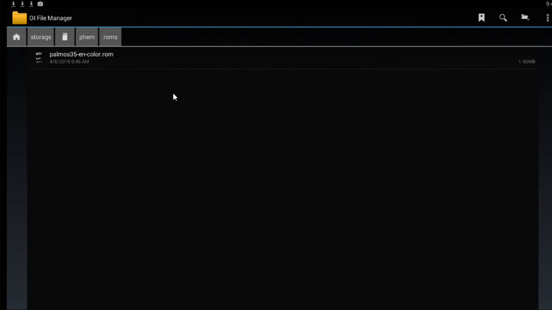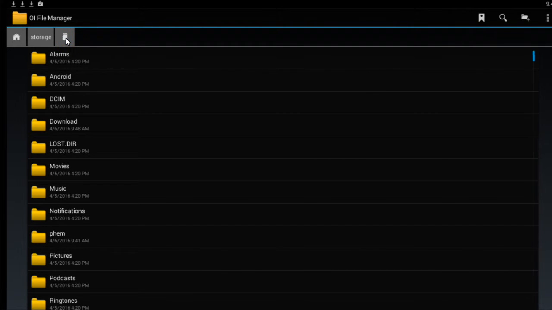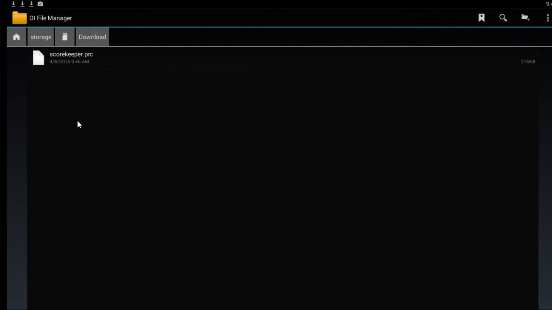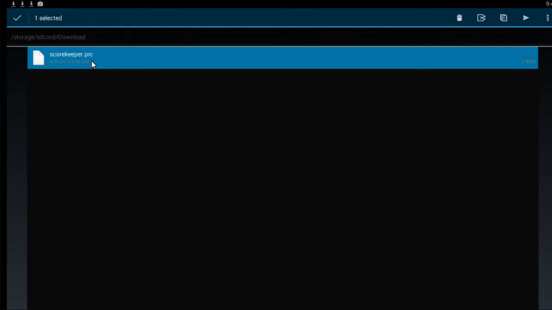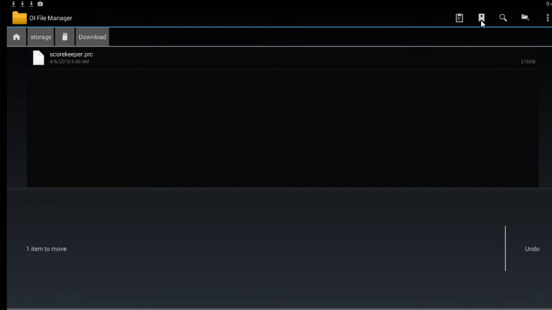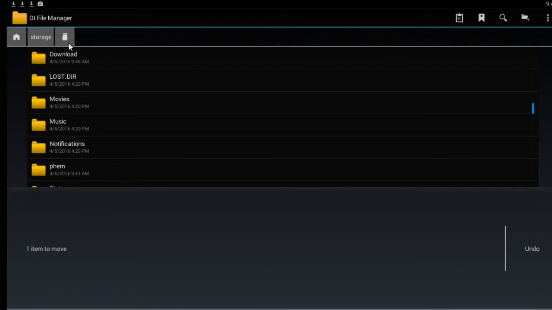So for our last step for the OI file manager, we need to hit on this card button again, go back into the download folder, tap and hold on the ScoreKeeper.prc file, choose cut or copy, click on the card again, go into the FEM folder,